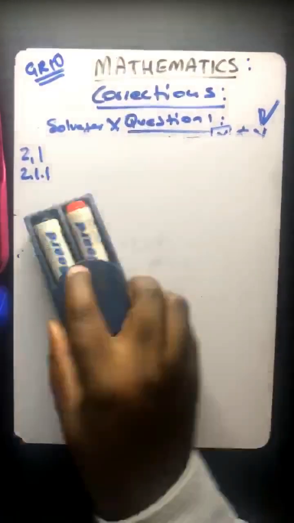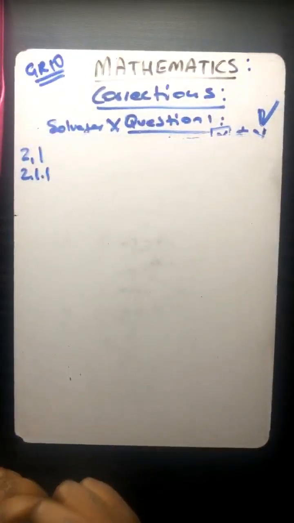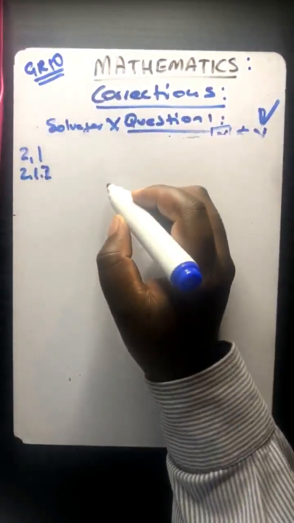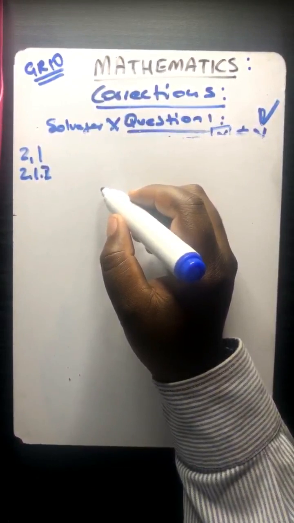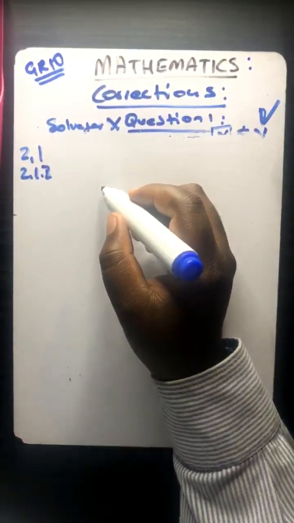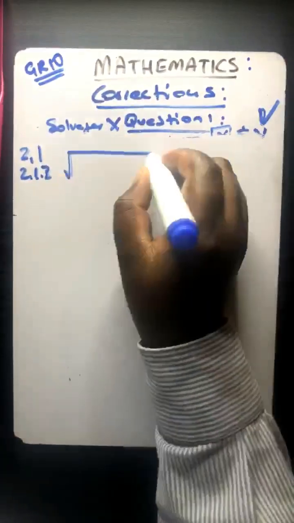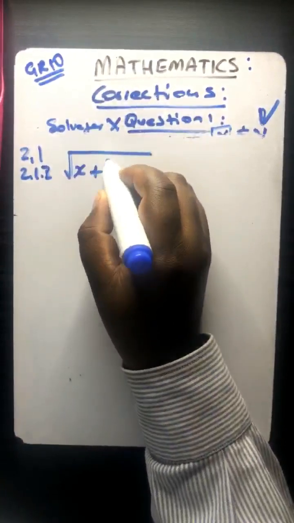Maybe let's try this other one, which looks a bit complicated. I wonder if we're going to survive there. Let me quickly get that question. So we have the square root of x plus